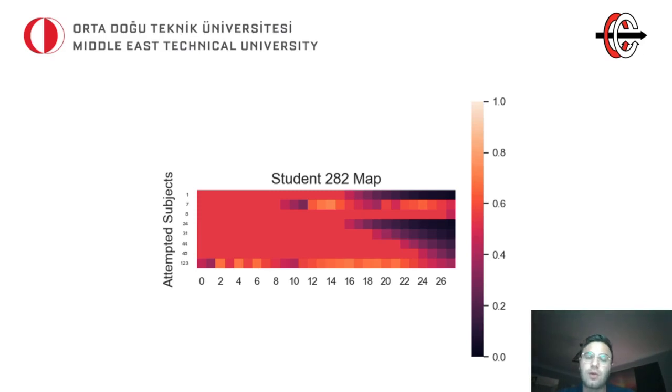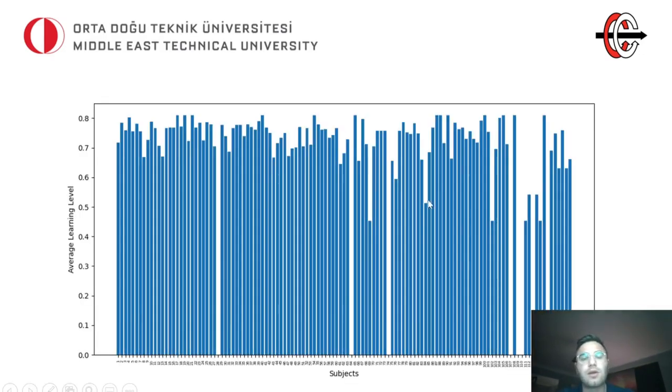From the teacher's perspective, the average of learning states and their standard deviation can be analyzed. Every student's learning states for each subject are taken and the average is computed. We can define a threshold and say that the teacher should work more and teach more on the subjects below the threshold value, like these subjects